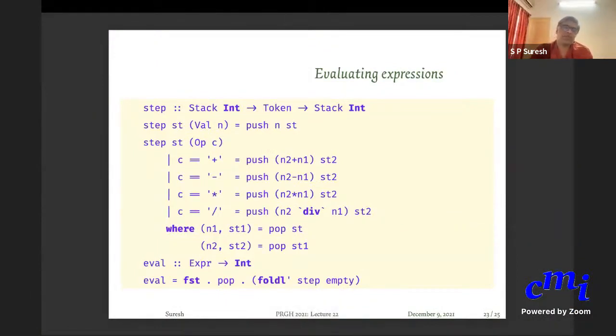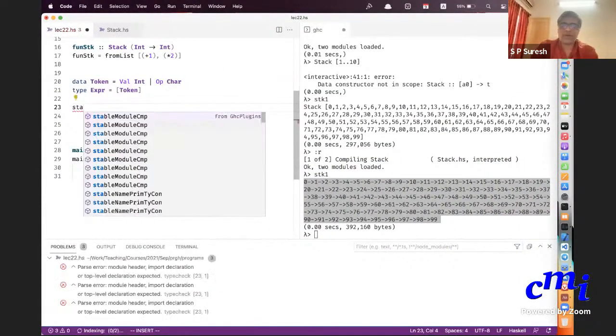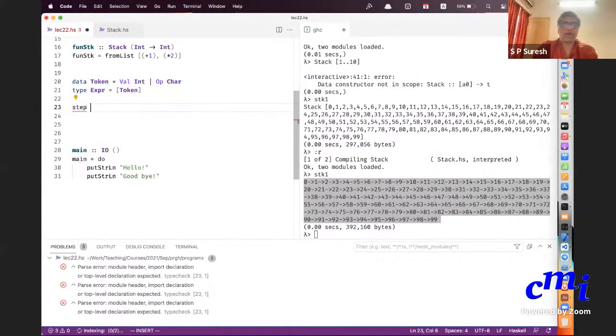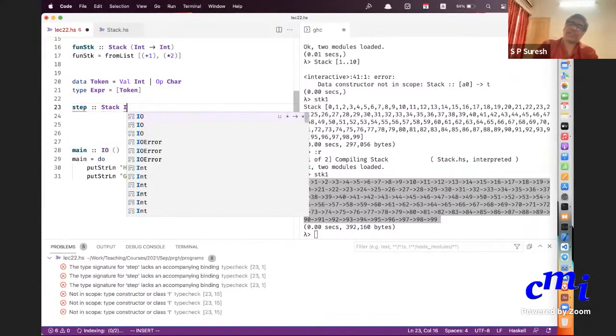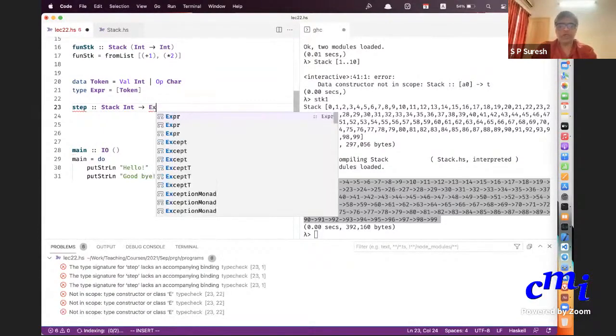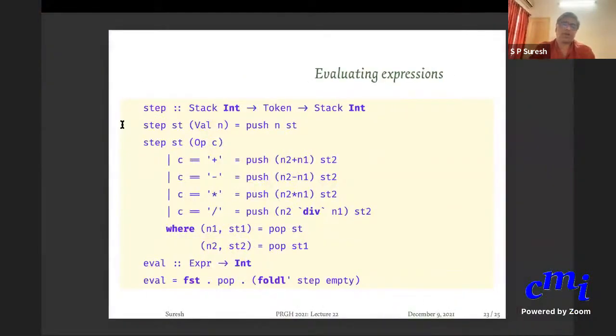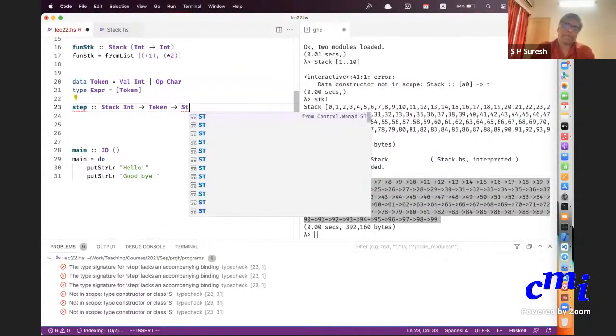Now this is the important thing. You want to evaluate an expression? To evaluate an expression, you will firstly do the step function. If you already have a stack of integers, and you are getting a new token, not an expression, what should you do?